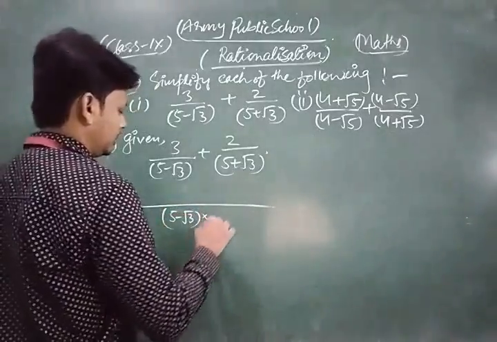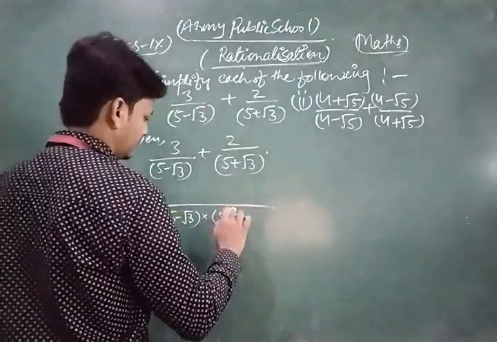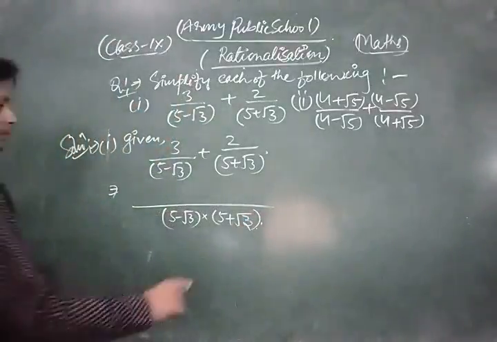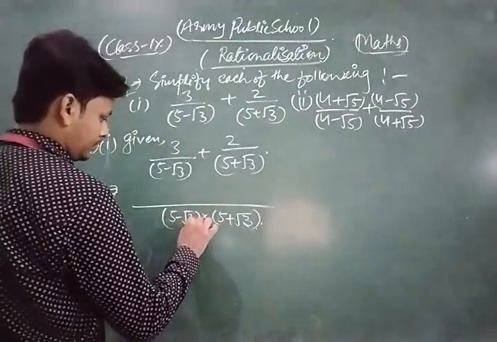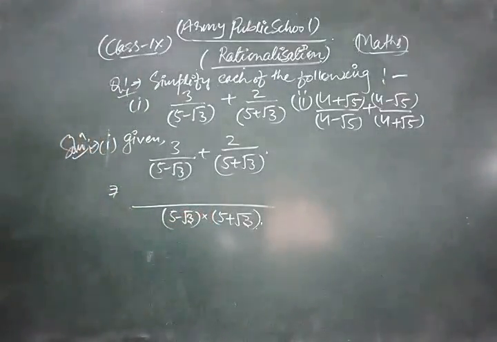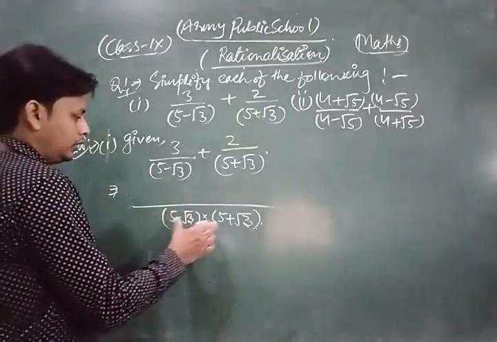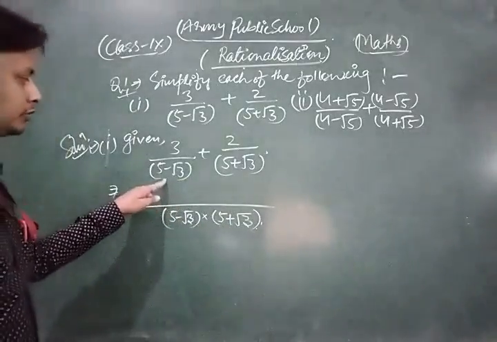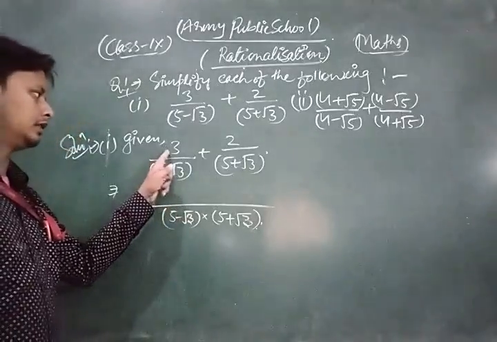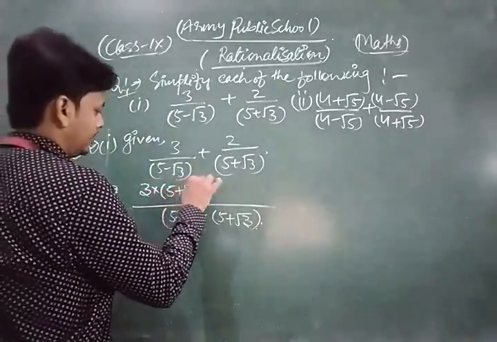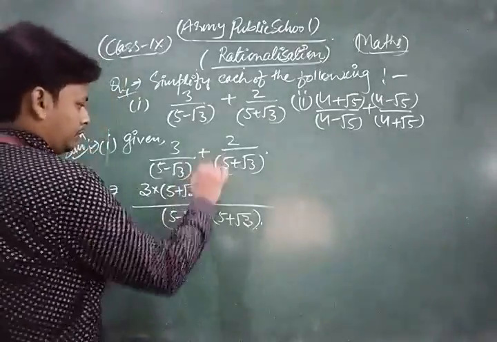This will be 5 minus root 3 into 5 plus root 3. Now if we divide by the denominator, 5 minus root 3 is cancelled, then we get 3 into 5 plus root 3, plus